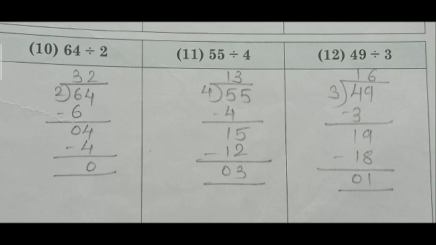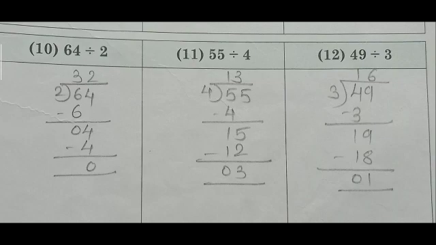Okay. Then that 9 will come down. So the number is 19. So you have to find out the number which is less than 19. Okay. So that is 18. So 3 6s are 18. So you will do the subtraction. So 9 minus 8 is 1 and 1 minus 1 is 0 here. So in this, 49 is the dividend, 3 is the divisor, the quotient is 16, and the remainder is 1.